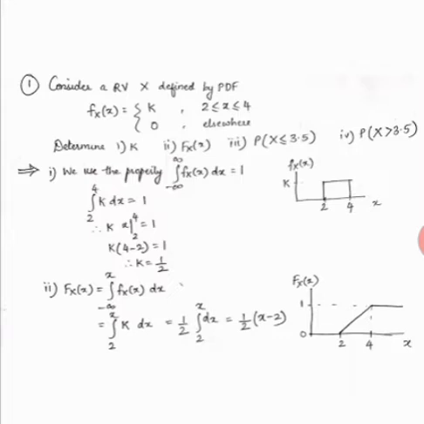Okay, so to get the second value, that is the CDF, which is capital Fx of x. The CDF and PDF definition is: CDF is the integral of PDF, or PDF is the derivative of CDF. So over here the CDF, that is Fx of x, is the integral of the PDF, from minus infinity to some particular value of x, fx of x dx. This is basically a definition.